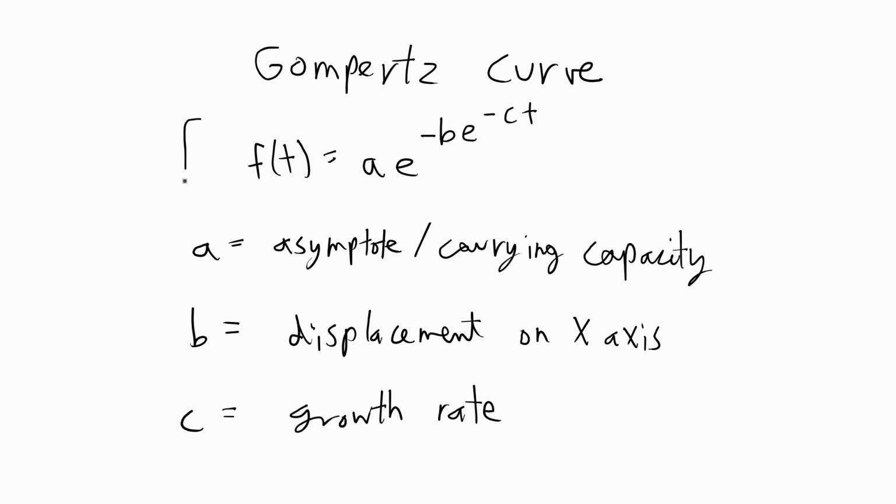Similar to models like a logistic model, which is used for modeling human population growth, this model is also used for modeling limited population growth. It's also sigmoidal, similar to the logistic curve. Actually, the logistic and the Gompertz curves both belong to a family of generalized logistic functions called Richards curves.